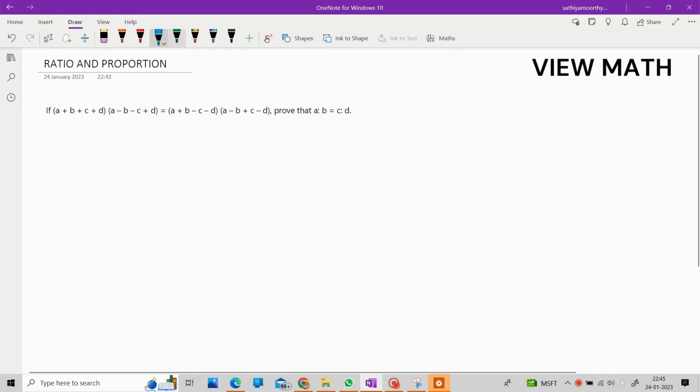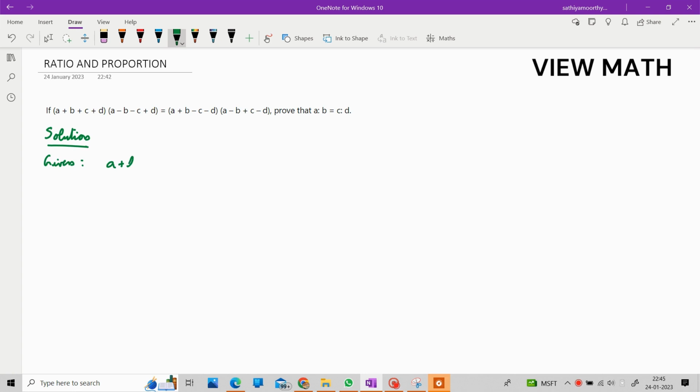Now let's see the next problem. If (a + b + c + d)(a − b − c + d) = (a + b − c − d)(a − b + c − d), prove that a is to b equals c is to d. They are asking us to prove. So what is given is